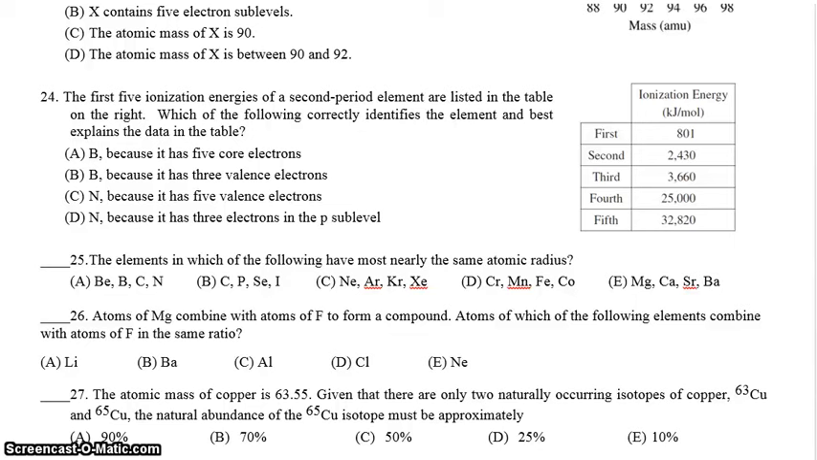Okay. This is actually somewhat of a different question because it takes a look at the first 5 ionization energies of one element, of a second period element, and they're listed on the right. You'll notice that we're removing the electrons from one element. Now, every time you remove an electron from an element, it gets tougher and tougher to remove it